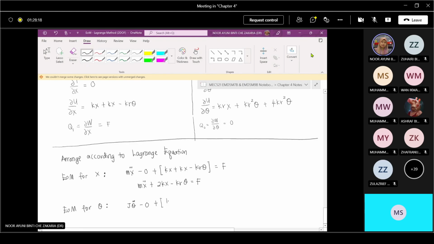So we have k x plus k r square theta plus 4k r square theta and equal to 0. Q is 0. For theta, Q is 0. So arranging it again,